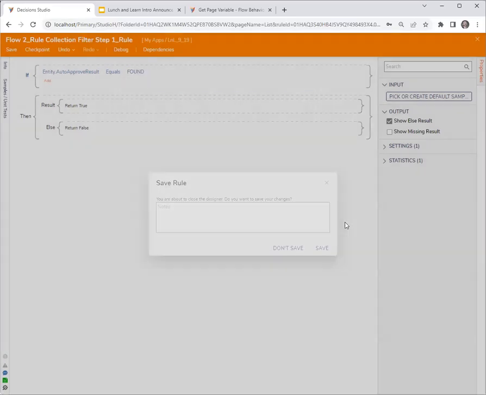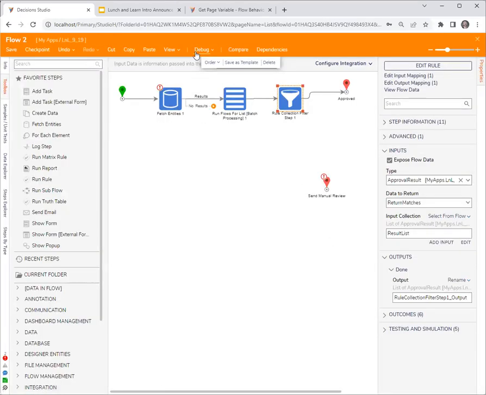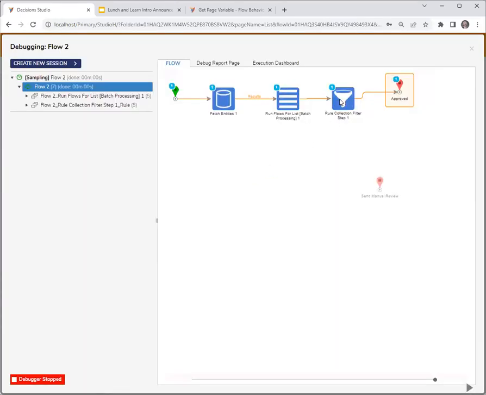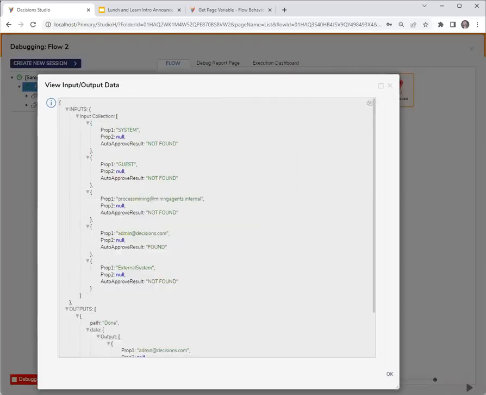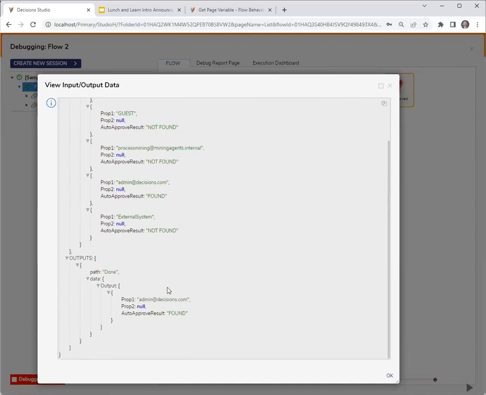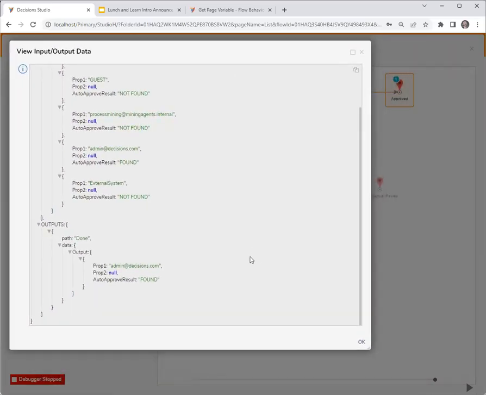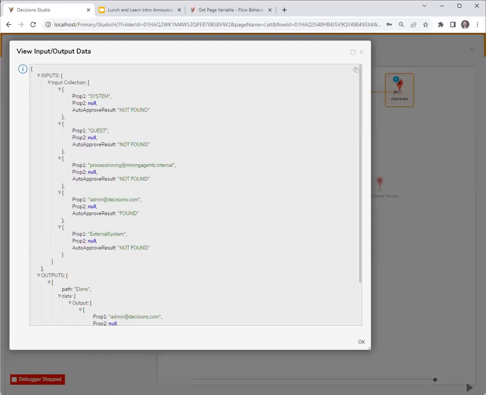Okay, and then save. And so if I run this again, now what happens, if I look at my input and output data on this step, let me make this a little larger, is all those results come in and only that result comes out. And now you have that. And so you could do two of these in a row, one looking for found, one looking for not found, or whatever. And now you have separate collections that you can then pass downstream to do whatever you might need to do. Got it. Hopefully that wasn't too